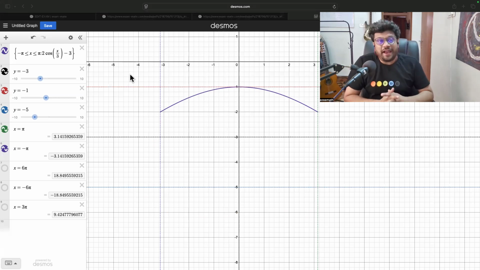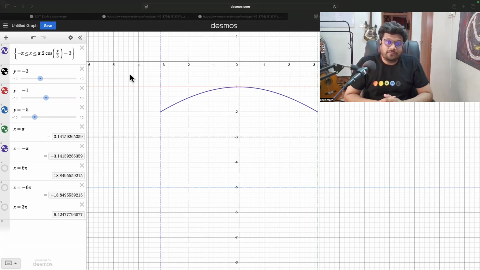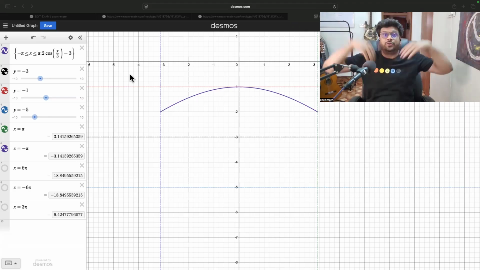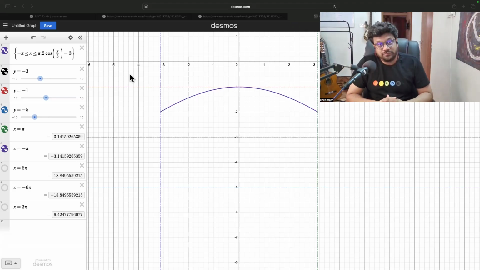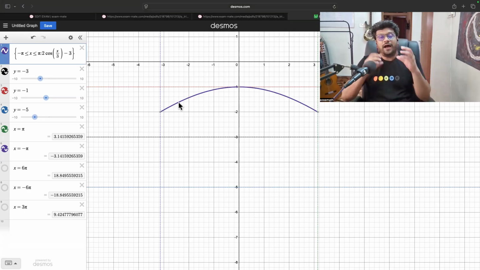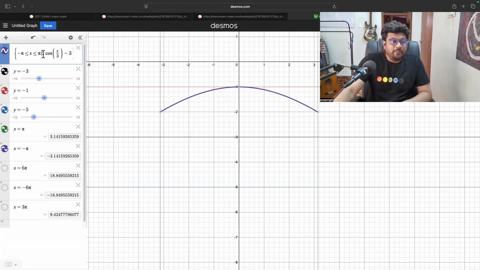The point is, looking at the domain, you're going to have to decide what portion of the wave is going to be seen in that particular domain. Of course, the period was 6 pi. The whole wave is going to stretch from 0 to 6 pi. But from minus pi to pi, it's only going to be 1/3 of it. 1/6 on the right and 1/6 on the left. A total of 1/3 of the wave is only going to be seen, although the entire thing may have been